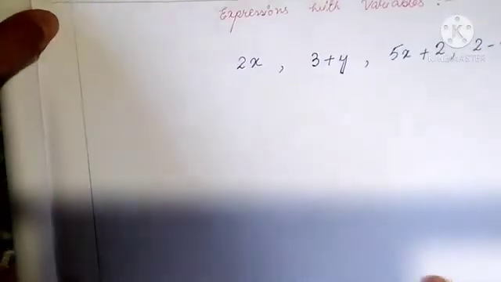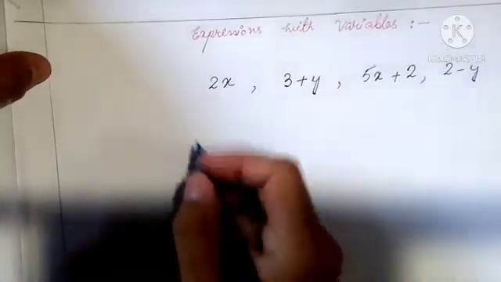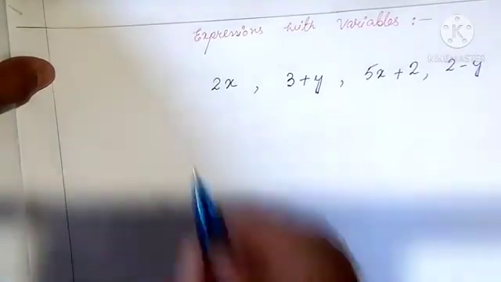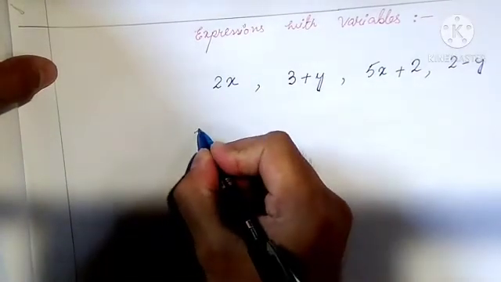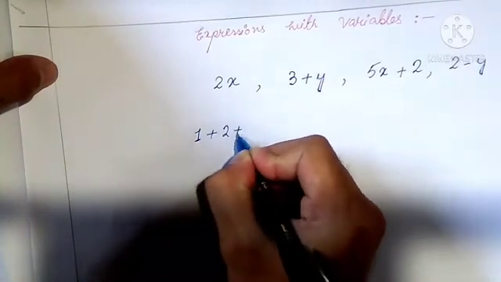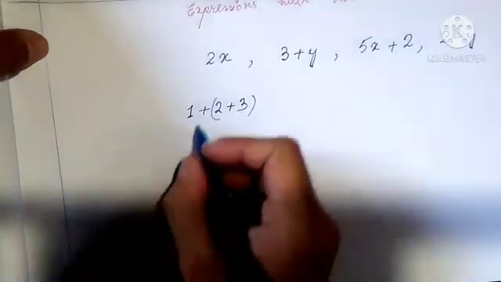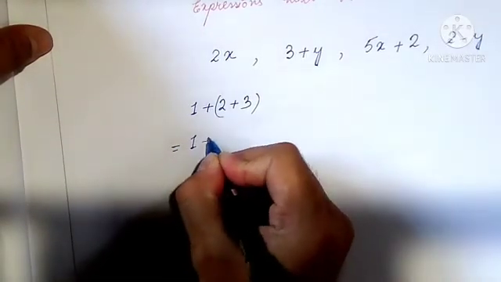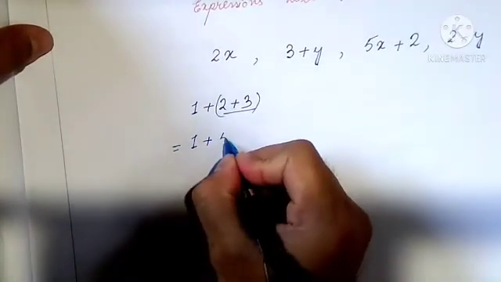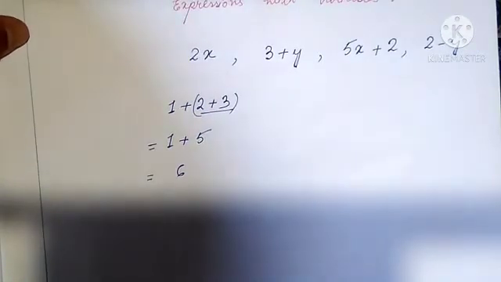And the most important thing in this part that I want to teach you is that when we have an expression without variable, let's say 1 plus 2 plus 3, and let's try to group these two numbers first. We can evaluate this, right? 1 plus, then what is 2 plus 3? 5. And what is 1 plus 5? 6. We can evaluate like this, right? But